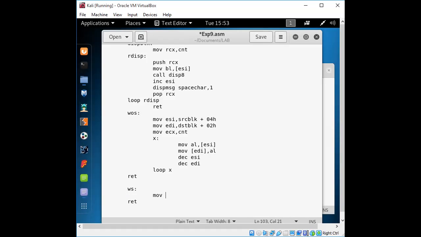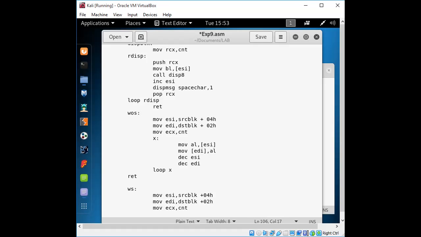So we'll take the same thing with the count, ESI, source block plus fourth, EDI, destination block with the second location, and move the elements. Okay, so what are the values with respect to count?